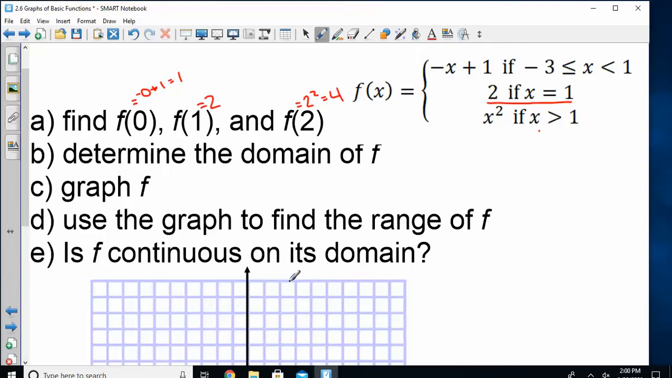On part B, I'm asking you for the domain. Why don't we do C first? Why don't we graph it and then we'll do domain and range from the graph? I think that might be a little easier. How many pieces will I need for this? 3. Okay, so the first piece, this is a little bit different than the others we've done because it has